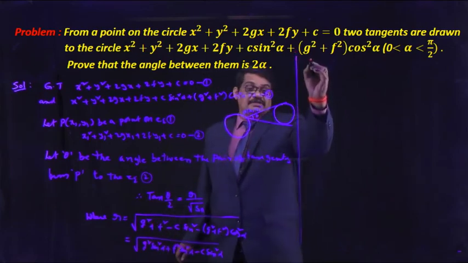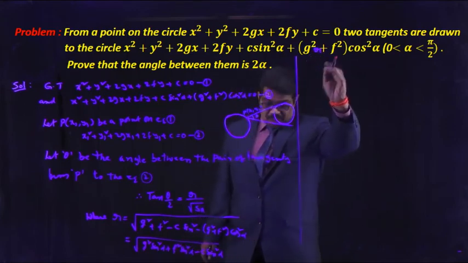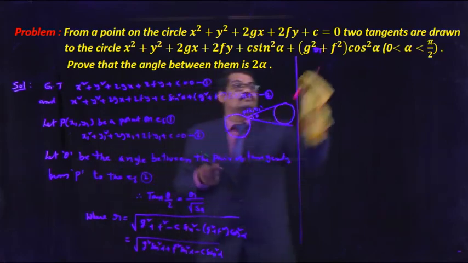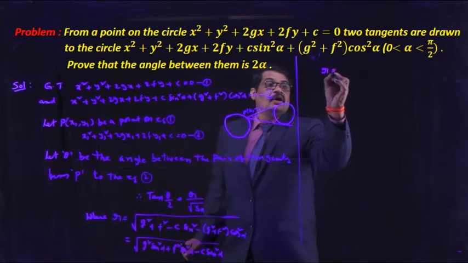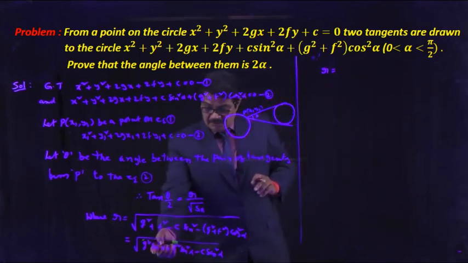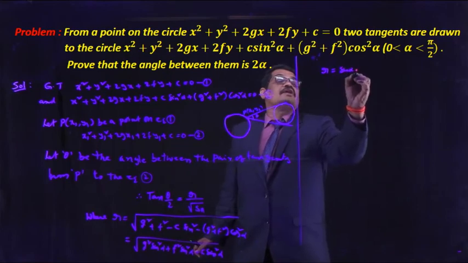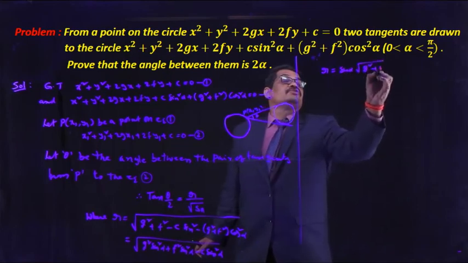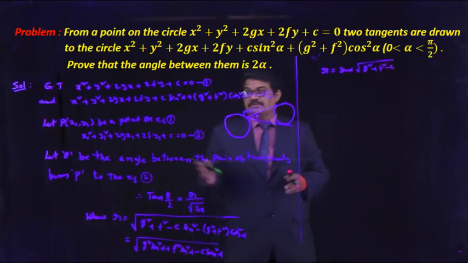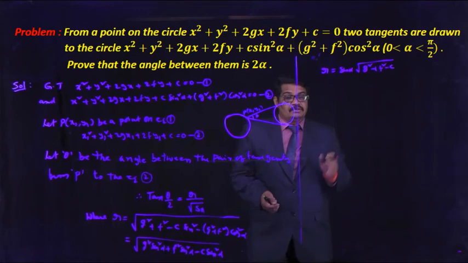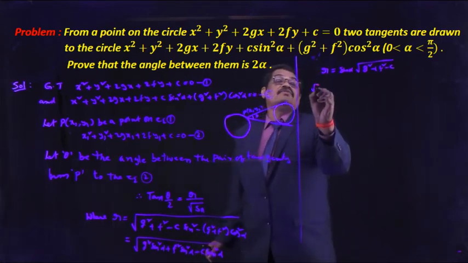Now where R is equal to, here sin square alpha throughout is common. Root of sin square alpha is sin alpha. The remaining terms g square plus f square minus c. Here radius R of the second circle is sin alpha into root of g square plus f square minus c. And we have to find the root of S11.